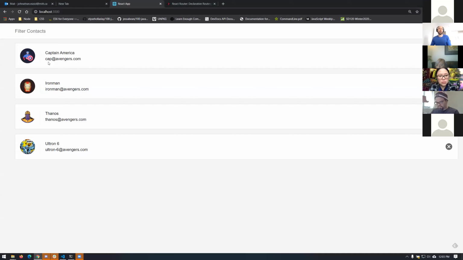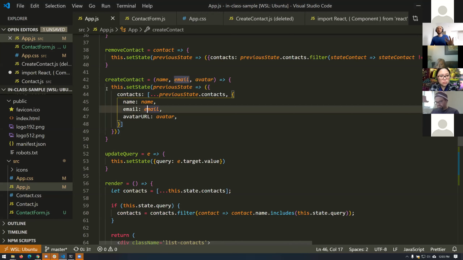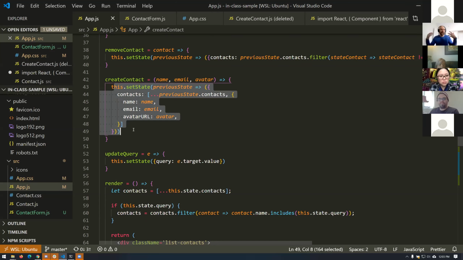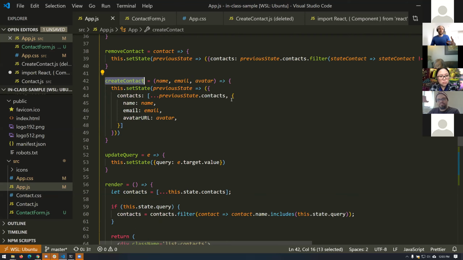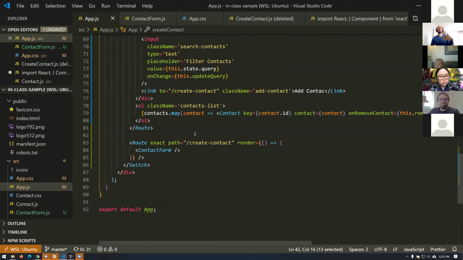So I can create a new contact here, name, email, avatar, pushes that new contact into state, and we're off to the races. So I already have that function, but it's not app's responsibility anymore